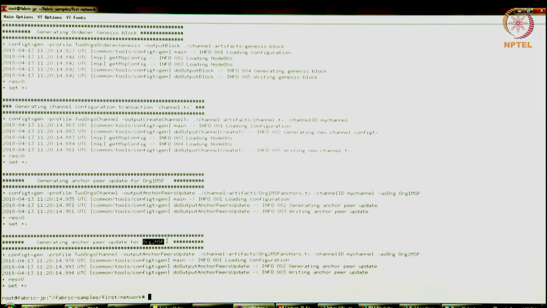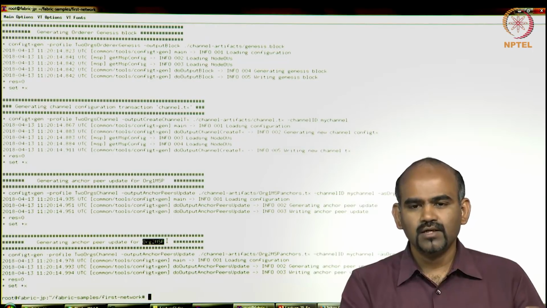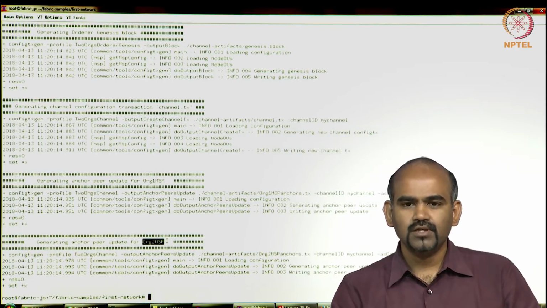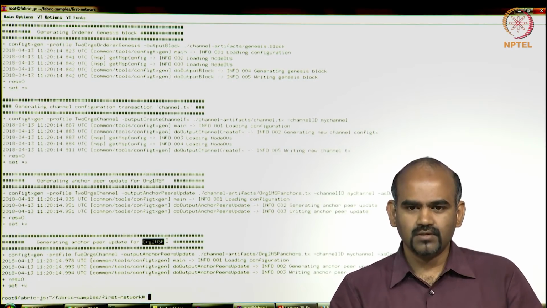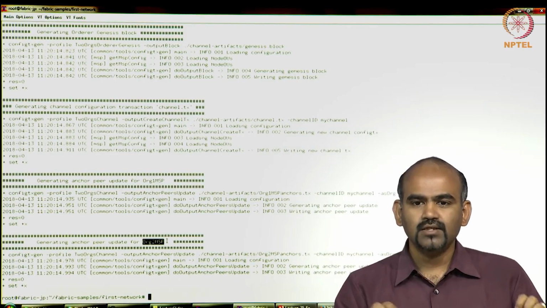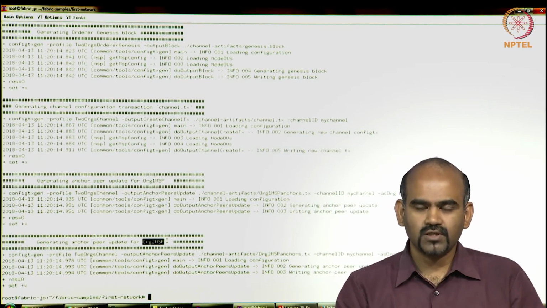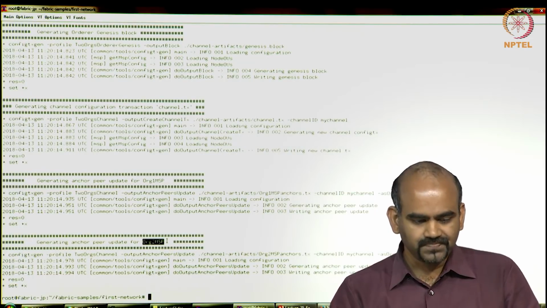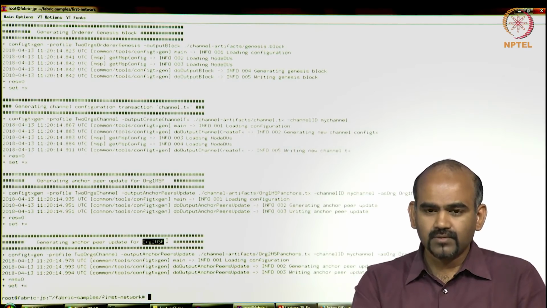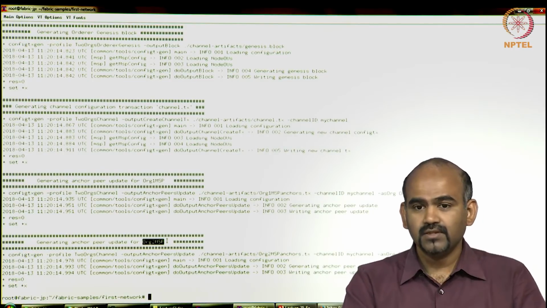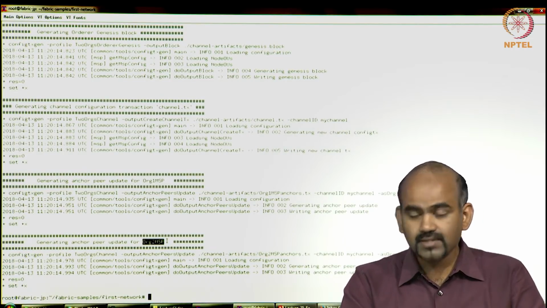And the way it's structured, only the anchor peer is going to be talking to the ordering service. The second peer in each organization will just talk to the first peer and obtain that information. And that is okay because both of those peers are within the same trust boundary of the organization. So the second peer can trust the first peer, but the peers in the two organizations will not trust each other. They will both independently get the blocks from the orderer and will verify the orderer signature. Right, so all the identities are set up, the channel is set up, the peers have been set up. So that's what has happened so far.